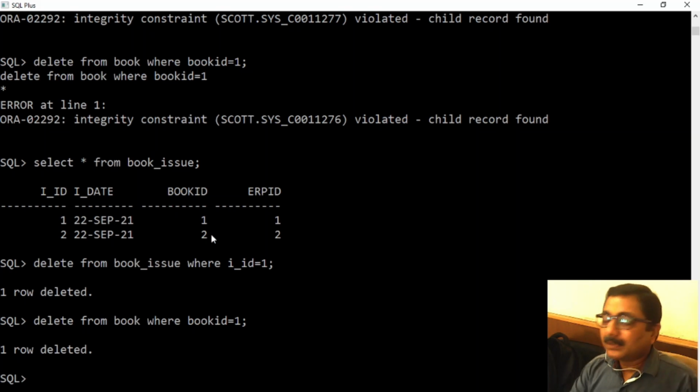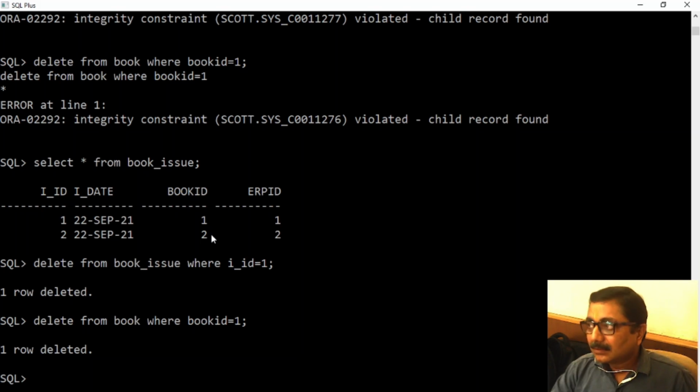So it's very simple. When it comes to inputting data into master and child tables, first of all, make sure master records are created. After that, you can create the corresponding child record in the related table.